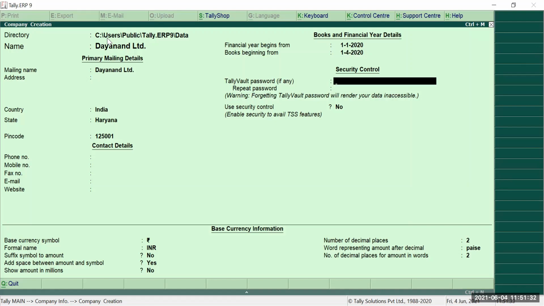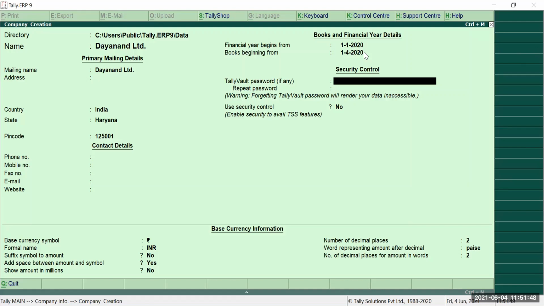Is it clear? My financial year is beginning from 1st January 2020, but the company is created on 1st April, so I have put the date of books beginning as 1st April 2020.